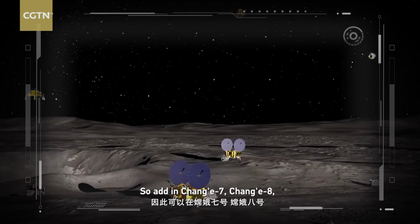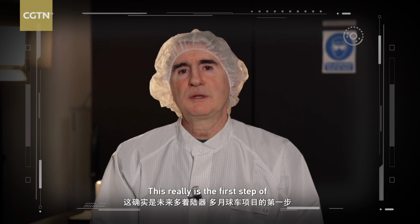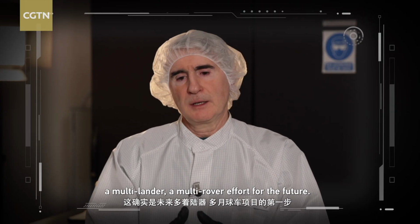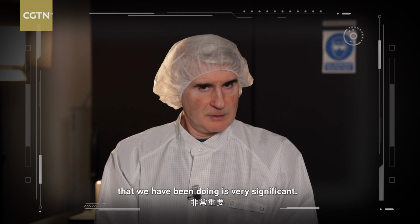So adding Chang'e 7, Chang'e 8, maybe a European mission, a US mission. So this really is the first step of a multi-lander, multi-rover effort for the future, and so the progress that we have been doing is very significant. We have delivered